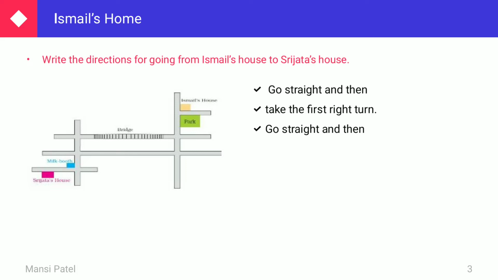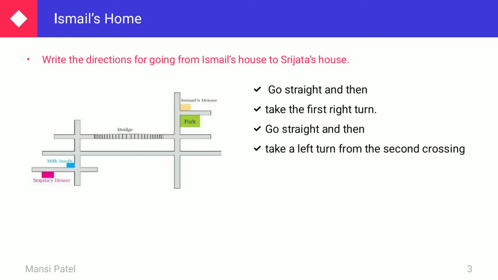When they cross the bridge, at that time this is the right hand side, and after crossing, when they reach this crossroad, this is their right hand side and this is their left hand side. So when they reach the crossroad, they have to take a left turn. When they take the left turn, they see that there are two crossroads. The first one is this and the second one is this.